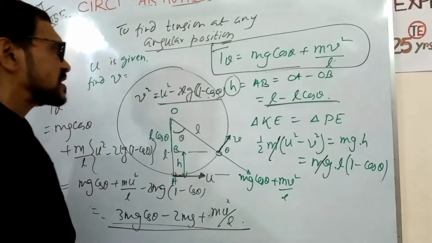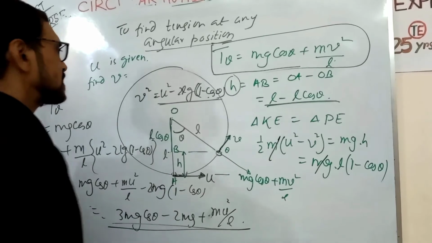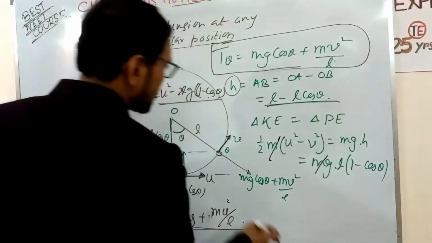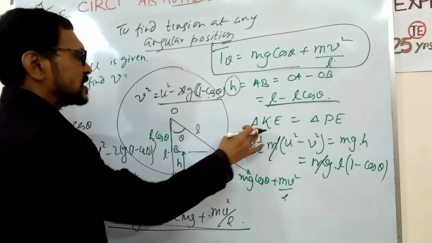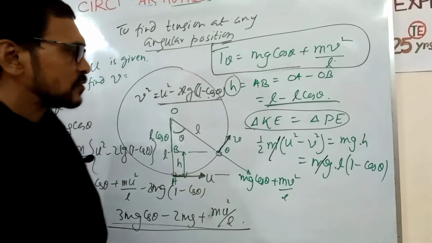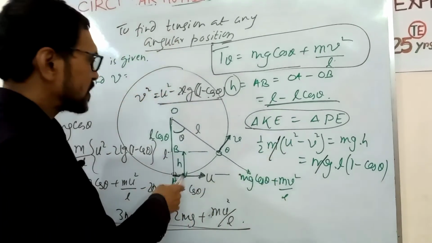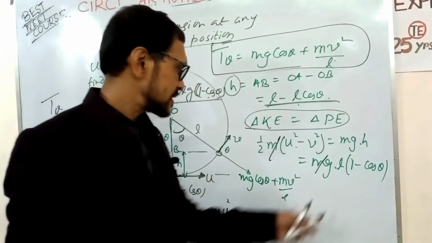A NEET student can memorize the formula: for this type of figure, height H is always equal to L minus L cos theta. Now, to find the velocity, always use this type of equation: change of kinetic energy equals change of potential energy, which is half m (u square minus v square) equal to mgh. Now put h equal to this, and we get